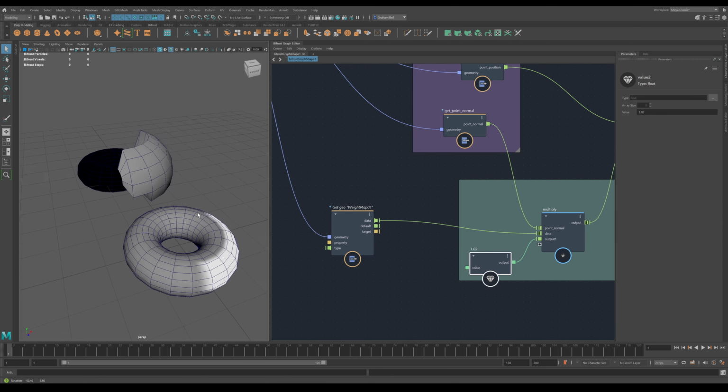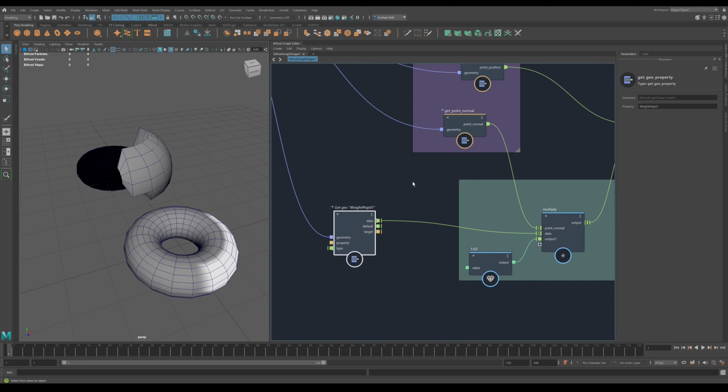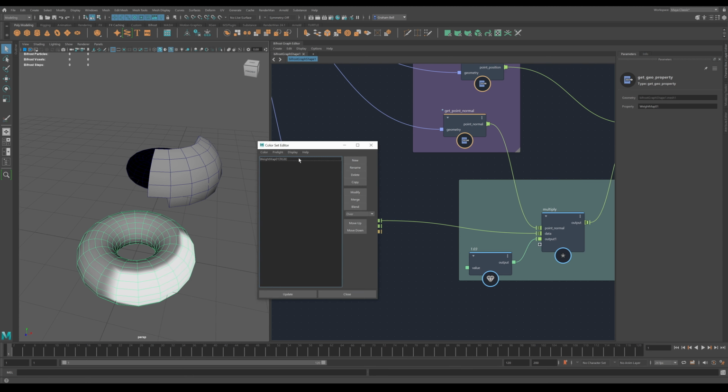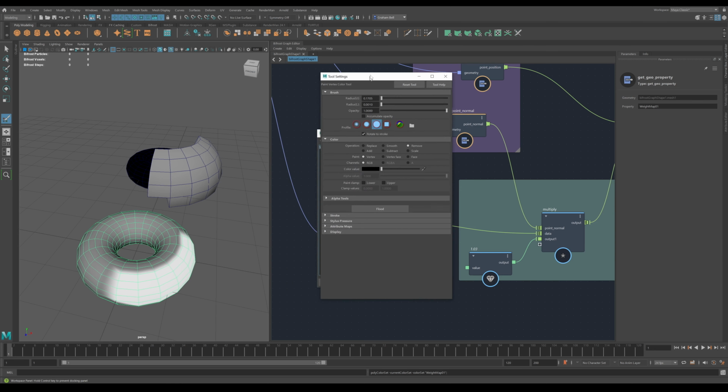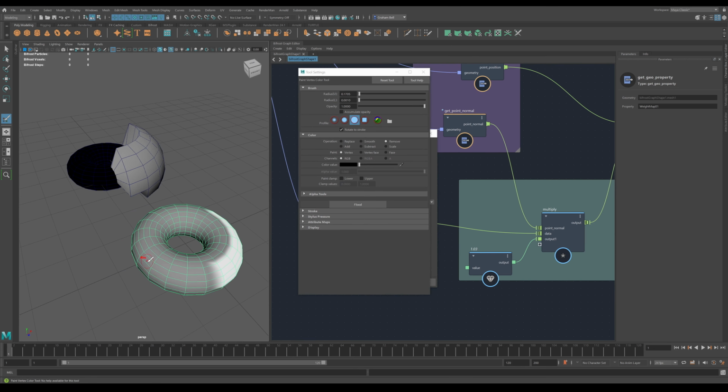So in order to control this now, we need to go back to the color set and use the colors there to control the deformation, because that's what Bifrost is using now to multiply the point normals. It's not using any other values, it's using the actual map data. So we bring up our object, let's bring back our color set editor, and if we bring back our paint tool, we should be able to just start painting black now, and this should actually update. So if we just paint black now,